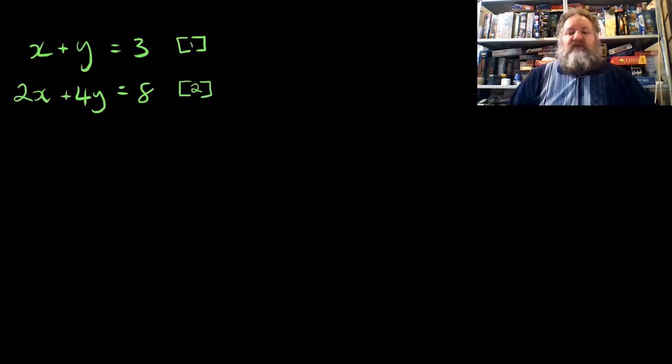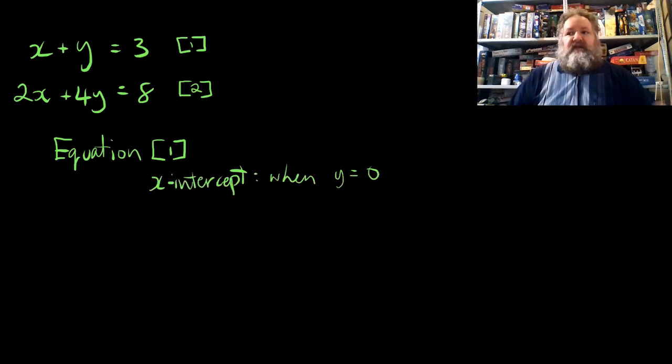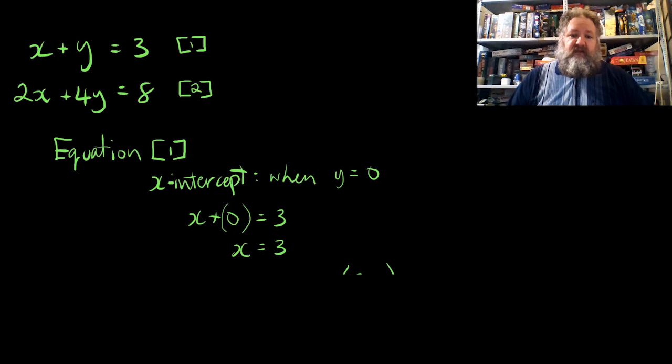What will happen is that you'll be given the two equations and you'll be asked to graph that. Okay, this is the quickest way to actually go about that. For equation 1, what we need to do is actually find the x-intercept. So now the x-intercept is when the y value is 0. So we take y is equal to 0 and plug that into the equation. We get x plus 0 equals 3, so x is 3, so the